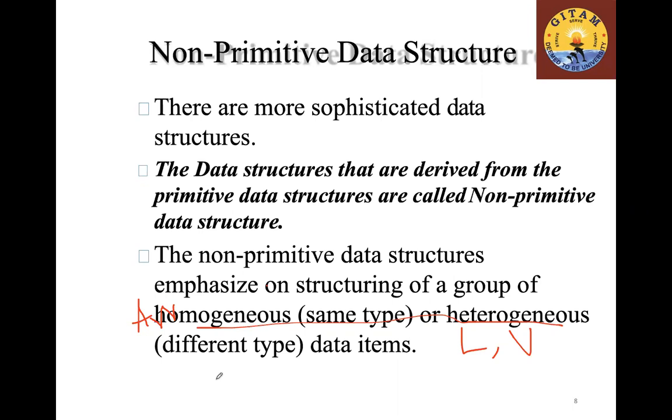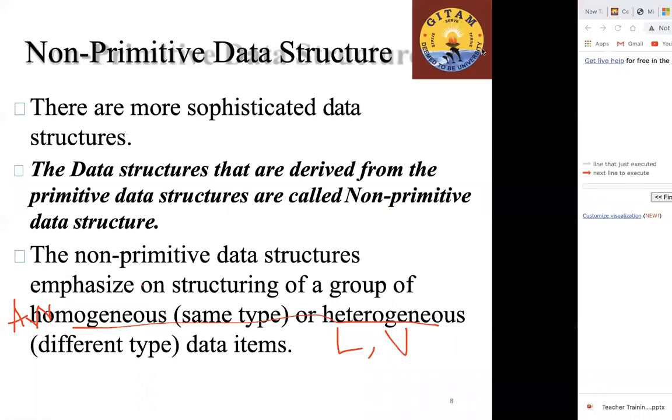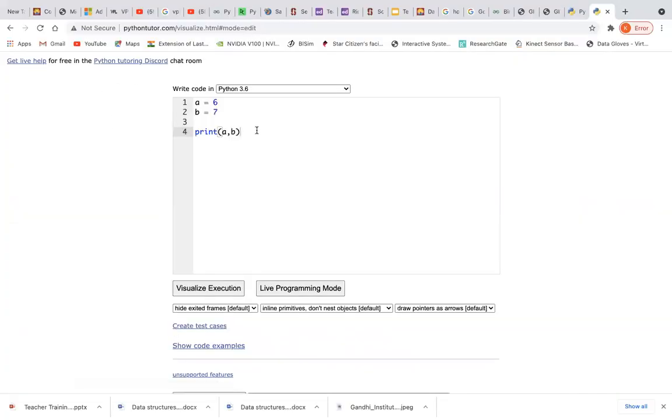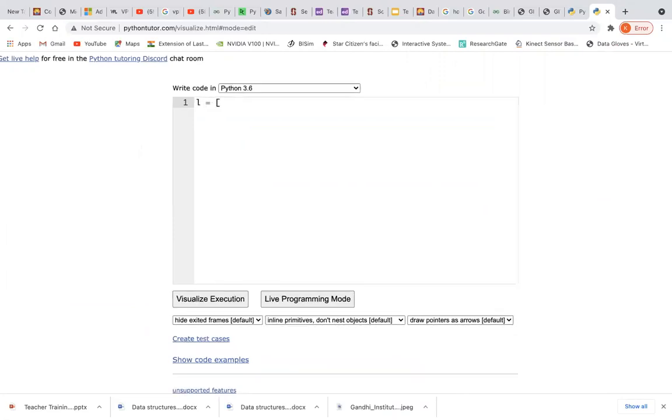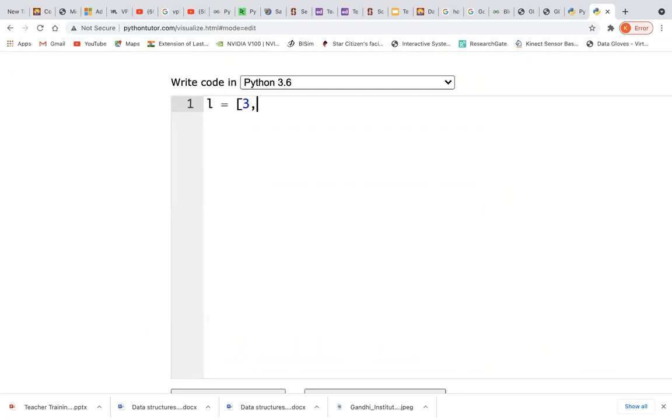So let us give a small example with this. Take this Python Tutor and I'll explain to you. So you have something like L is equal to like this. I'll just zoom it. So you can put an integer, comma, 3.5 float, a character, and a string. So you can keep it like this, right?